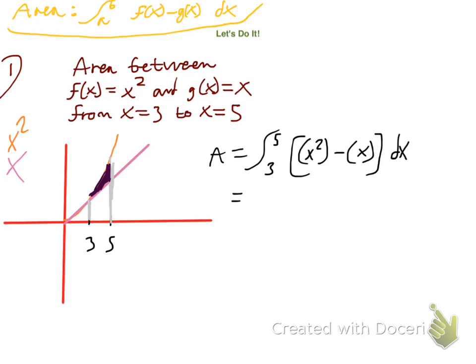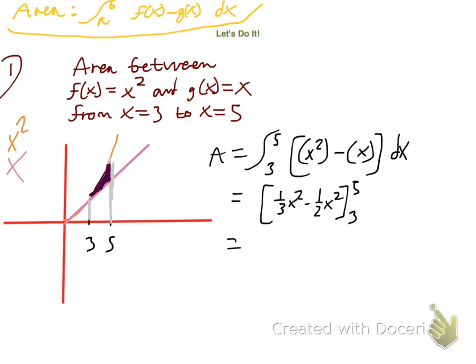So, we're going to find the antiderivative, right? The antiderivative is going to be a third x cubed minus a half x squared. And then you evaluate from 3 to 5. Okay, and then